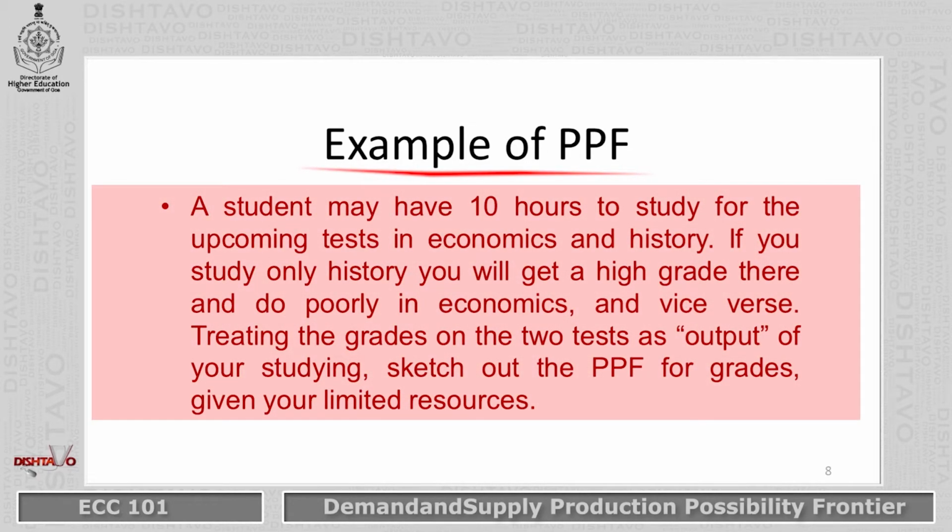After drawing this, we can see this example. Take our common example in school: we have 10 hours to study for the upcoming tests of economics and history. If you study all 10 hours only economics, you will get 0 in history, and if you study all 10 hours in history, you will get 0 in economics. So, it is up to us to channelize our time, our resources, 10 hours. How best to use these 10 hours to study for the upcoming test? You may take home some points from this example. You can draw your own schedule and the grades which you are getting in economics and history as a production possibility frontier.